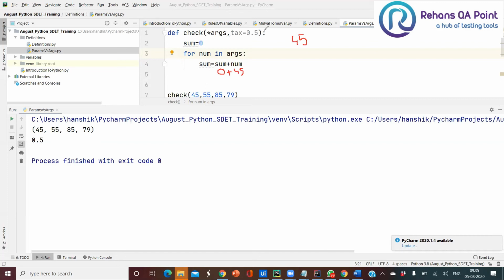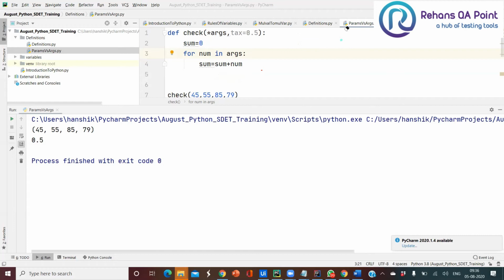Now again I have 55 here. What is the value already available there? 45. 45 plus 55 is 100, right? So now I'll get the value as 100. Like this, every number gets added up with the old value that is available there. This is the logic that I wrote here.